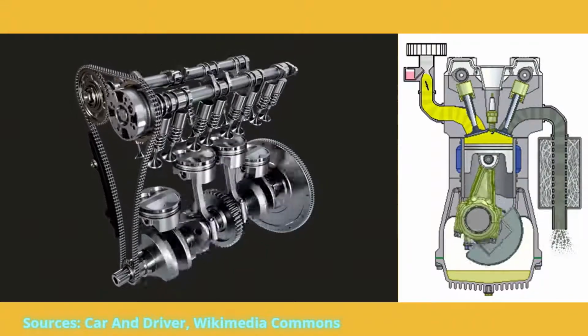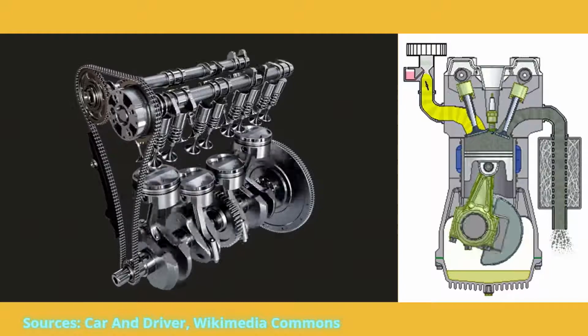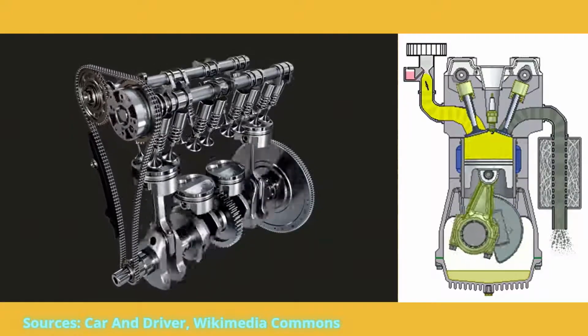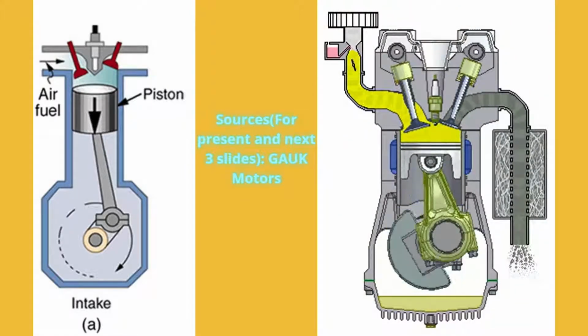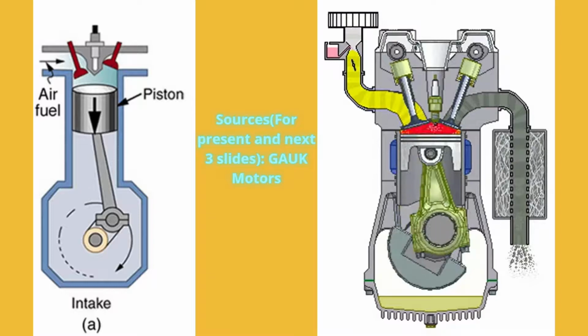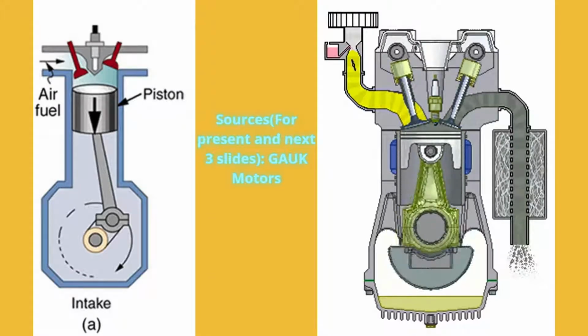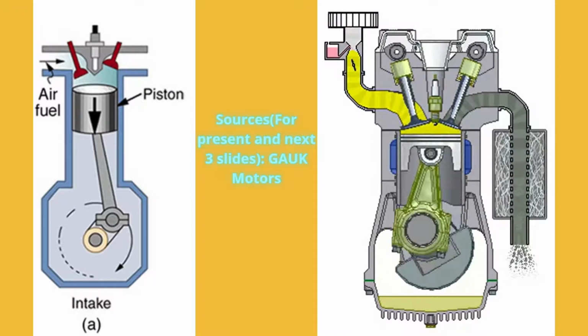We're going to be focusing on this little piston moving up and down. So, what are the 4 stages? First, the piston moves down due to gravity and the intake valve opens, allowing the air-fuel mixture to enter the cylinder. Don't worry, I'll explain a bit more about these valves in a minute.